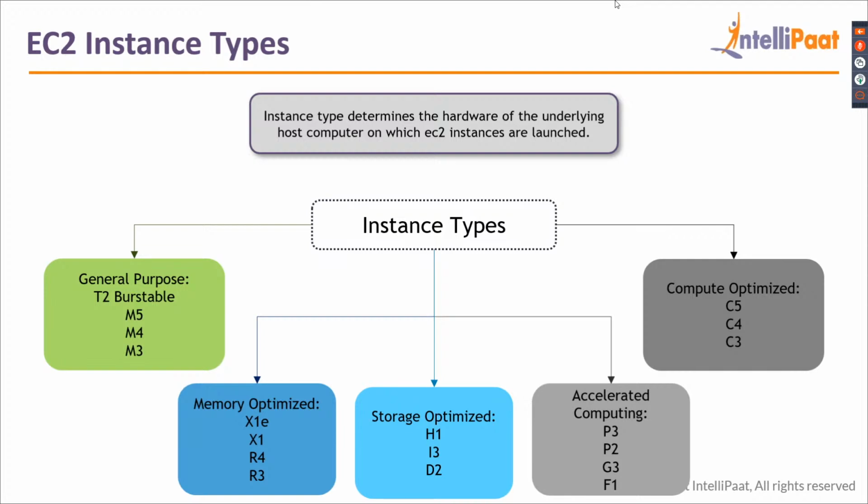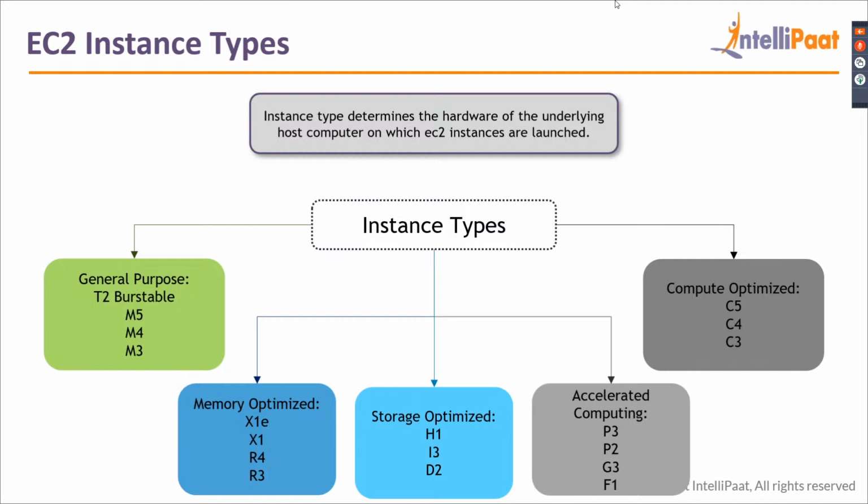of storage. Accelerated computing is basically these servers will be useful if you have an application which often suddenly goes high in traffic and suddenly reduces in traffic. So this particular type of server will be able to handle that amount of traffic. So let's say it suddenly increases, it will be able to handle that at that particular instant. And when it decreases again, it will be able to handle that.